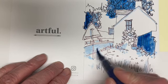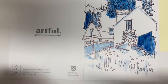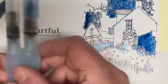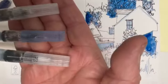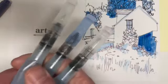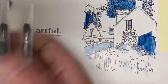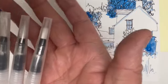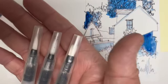The Pentel ones that I showed earlier on, they are about £12 or so for a set of 3. These ones with the better brush tips are about £12 for 3, and they're quite high quality, albeit they will degrade eventually. These other ones are that much cheaper. They're probably about £6 for 3 or thereabouts, and you could buy these directly from Artful,